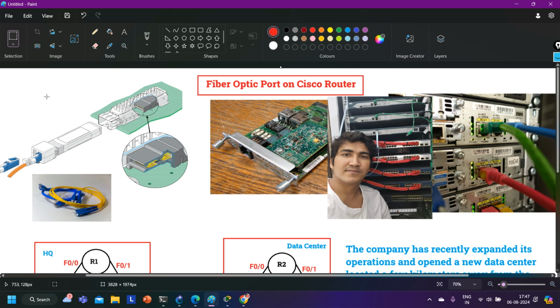Let's suppose the distance between headquarter and data center is 5 km, right? And you are going to connect these two networks together directly through optical fiber. So what extra hardware is required to add a port on the router? Which type of cable am I going to use here to connect headquarter and data center? Like in optical fiber, guys, we have multiple types of cable, like single mode fiber cable, multi-mode optical fiber, right? So which cable are we going to use, what extra hardware are we going to purchase, and what will be